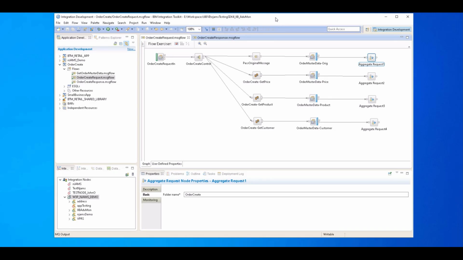The message flow you can see within the toolkit is the first message flow in the processing of an order, the so-called order create request flow. The basic order information is received on an input queue, and by using the aggregate control and aggregate request nodes, the message is distributed to the backend system to retrieve the product, the price, and the customer data relevant to